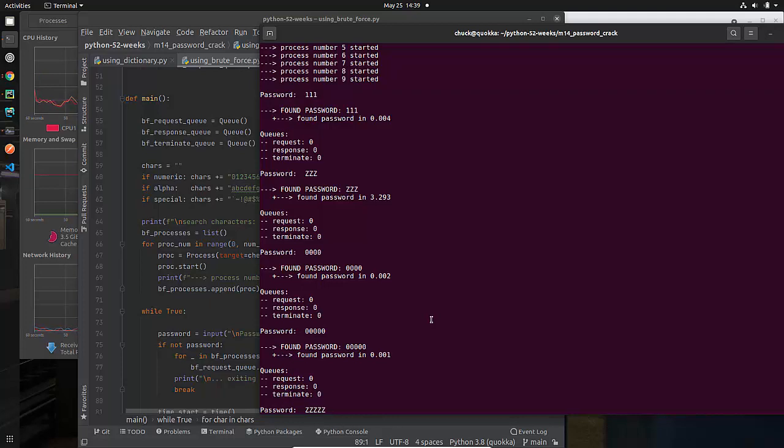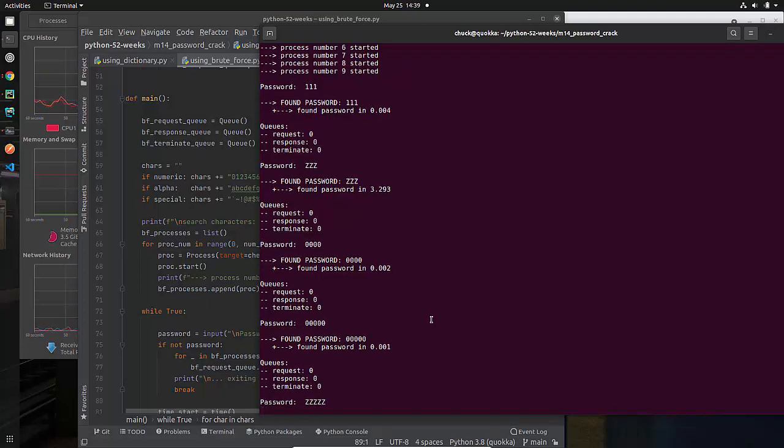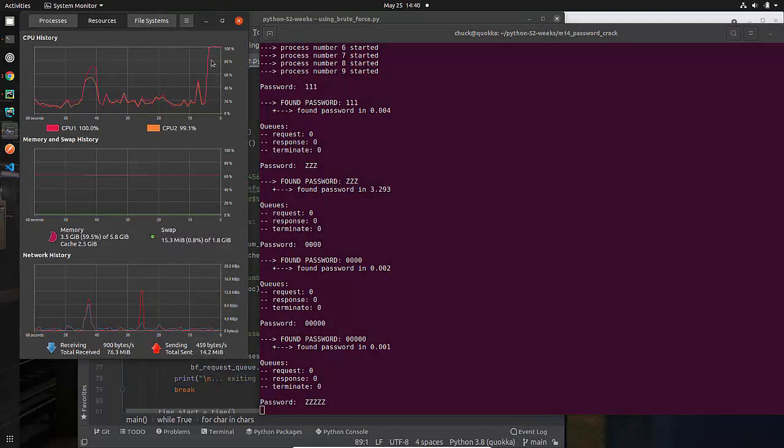I'll make it go fast for you. One thing I will point out is we can look and see that it's running extremely hard here. So you notice that both of my CPUs are running at 100%, and we're going to see it running at 100% for some amount of time. I'm not sure how many minutes this will take. Just as an aside, I will point this out. Brute force, yeah, you probably need more cores so that many things can be done in parallel.